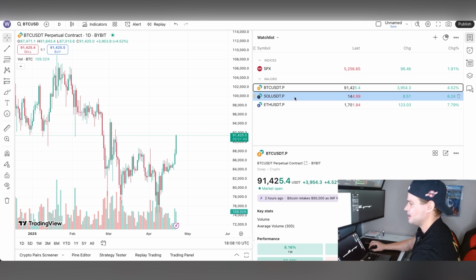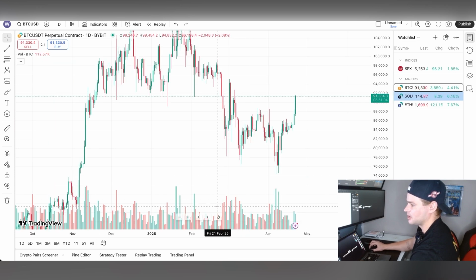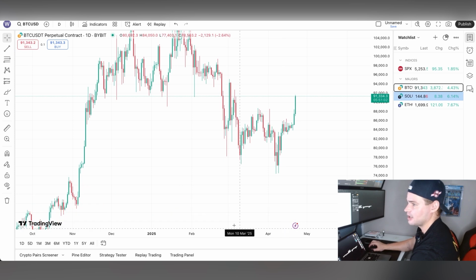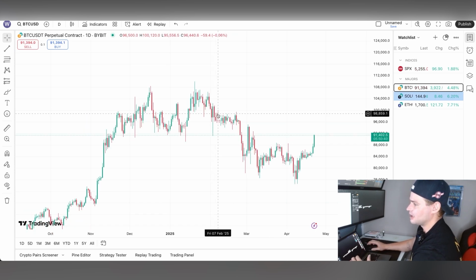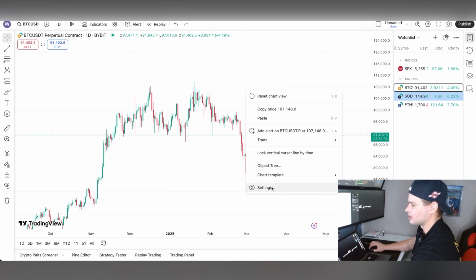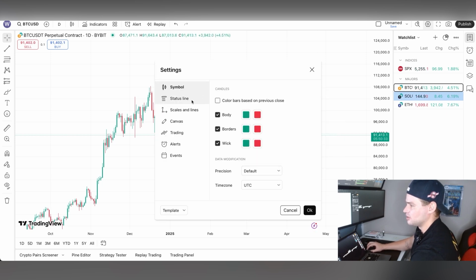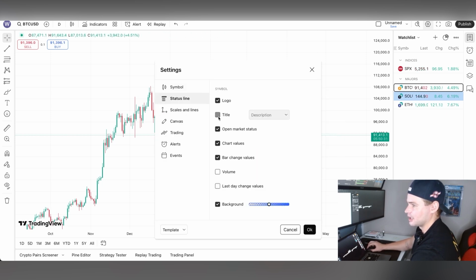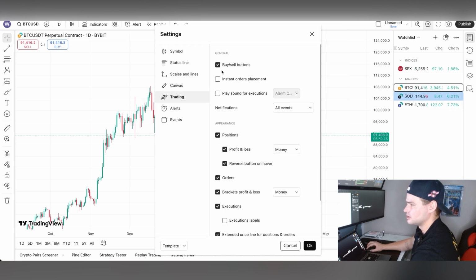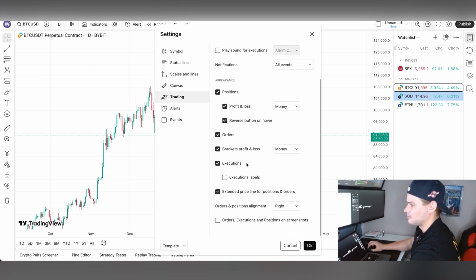Now let's head into cleaning up the charts themselves. First things first, I'm going to get rid of all of these indicators. So you have a couple options to edit the settings. You can double click on the candles themselves, or you can just right click and go into the settings there as well. One thing too is I'm just going to go to status line and get rid of pretty much all of these little chart values, bar change value. I'm going to go into trading and unclick buy and sell buttons